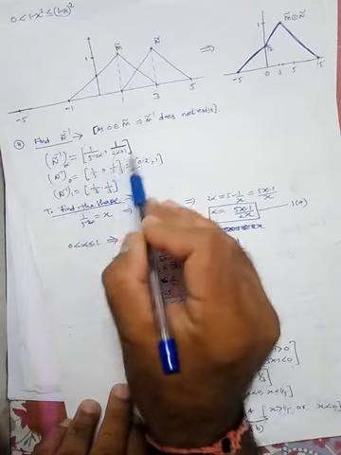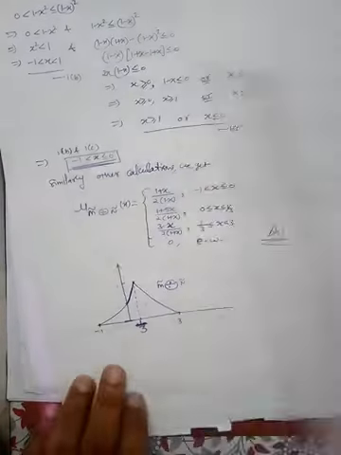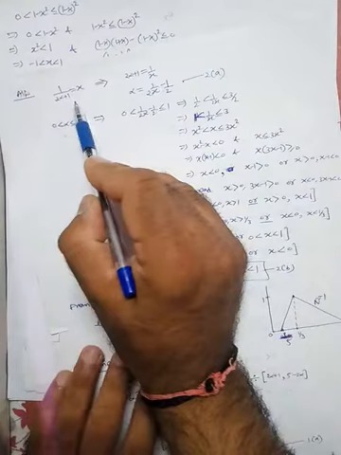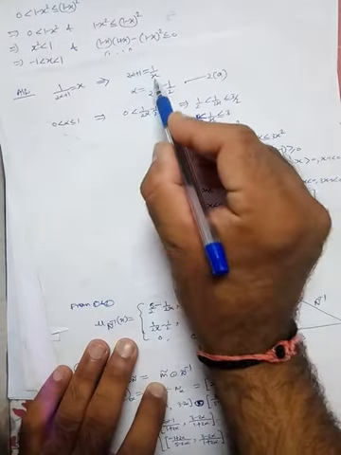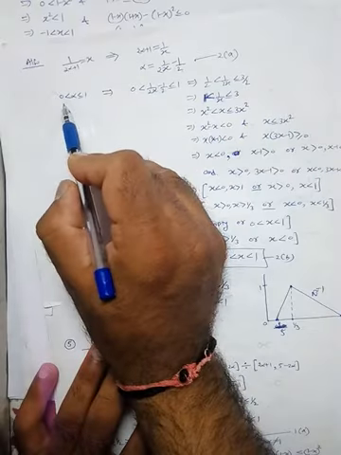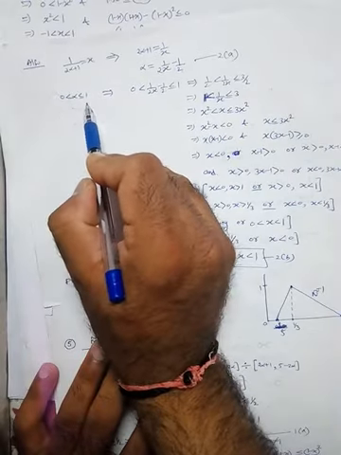Similarly for the second half, 1 upon 2 alpha plus 1 is equal to x. From here find out alpha. So alpha will be 1 by 2x minus half. Now find out the range. So for range, alpha varies from 0 to 1.